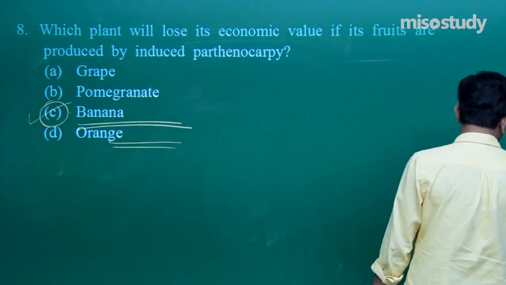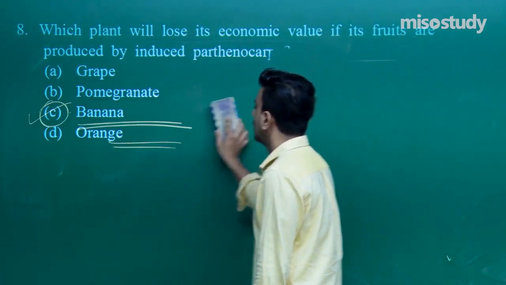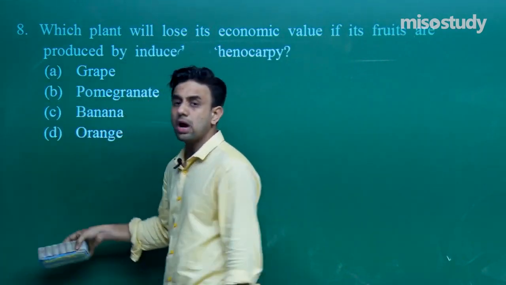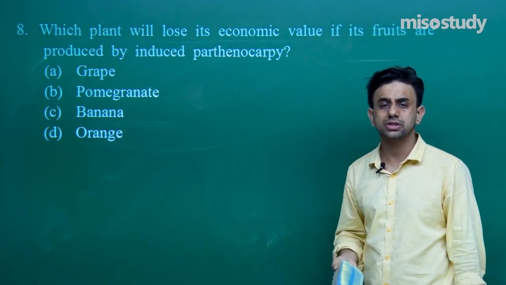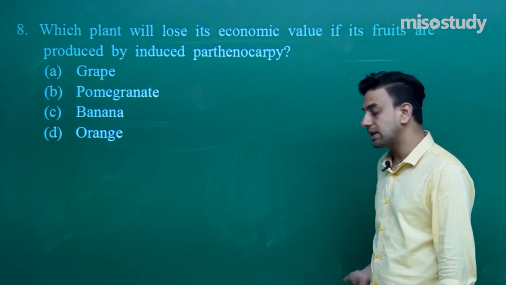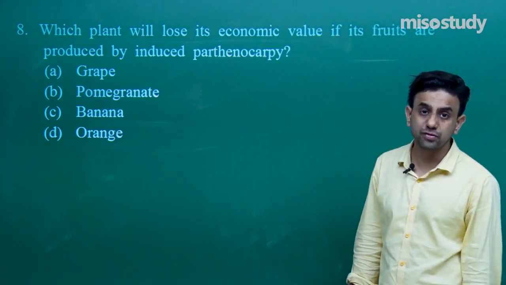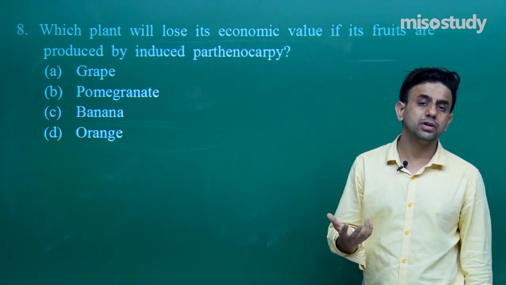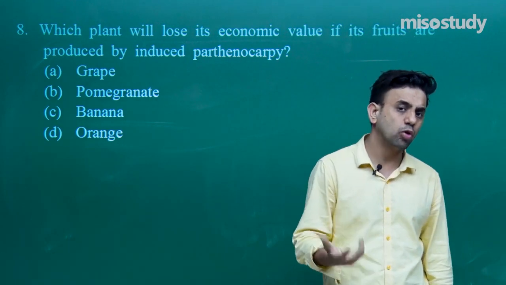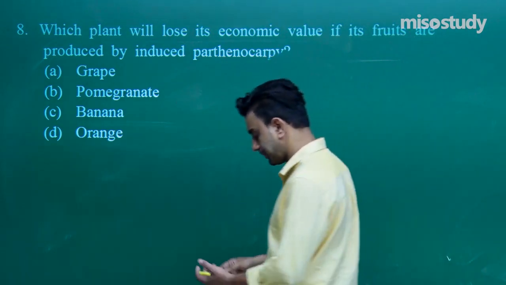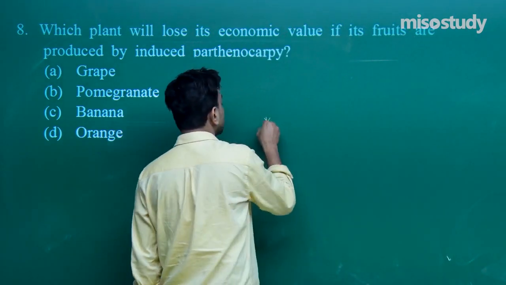So, what is parthenocarpy? Parthenocarpy is the formation of fruit without fertilization, and if fertilization is not taking place, then the seeds won't be formed, because there will be no ovary, no ovules and no seeds, right. So, we can write